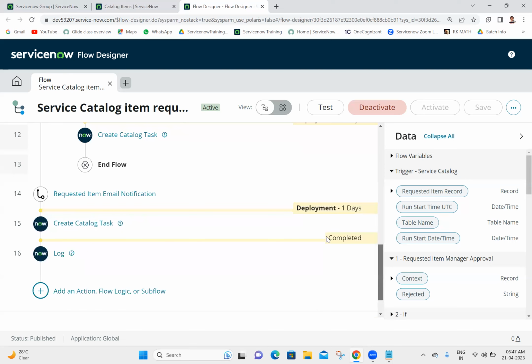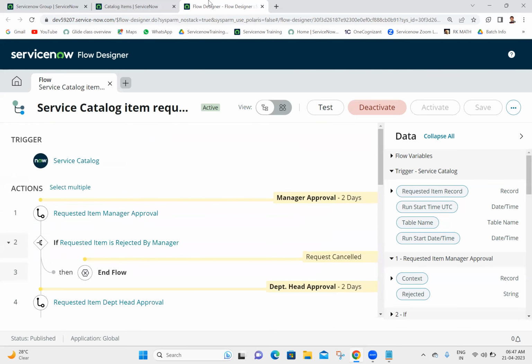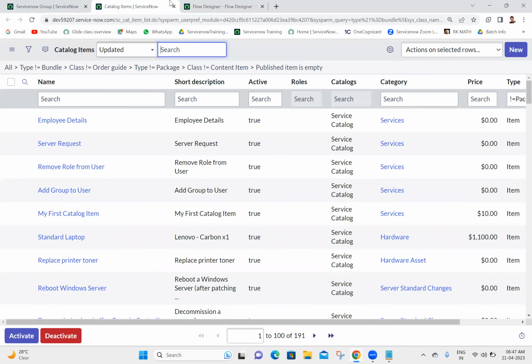So now I'm not creating any flow designer for our current catalog item because it has some condition actually. It is not allowing us to create a new flow for catalog item. Next,